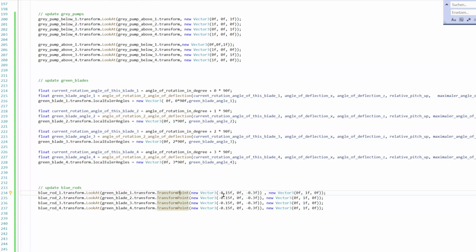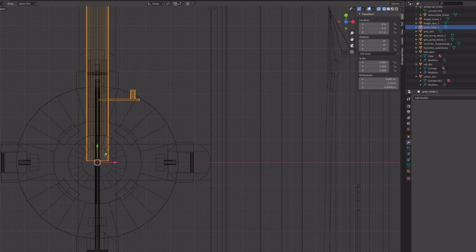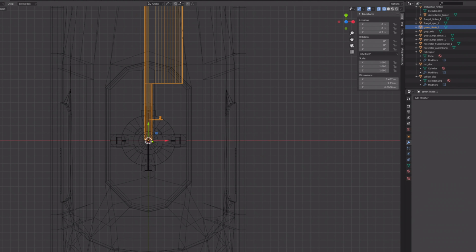So I have to use TransformPoint, and within this green blade object I go to the position minus 0.15 and minus 0.3, and now my blue rod will look at this specific position within this green game object.